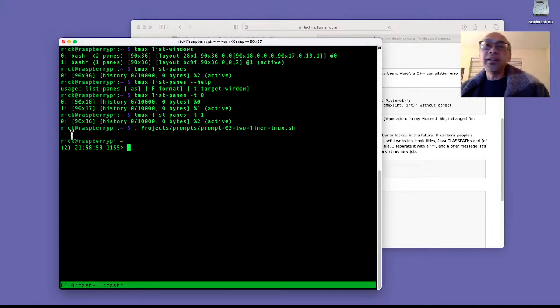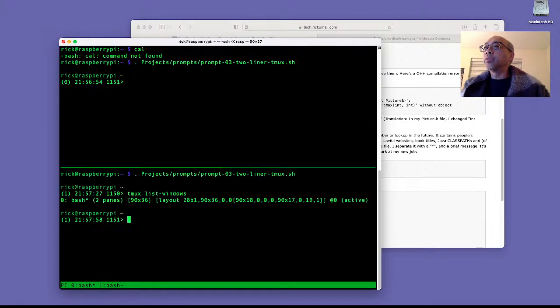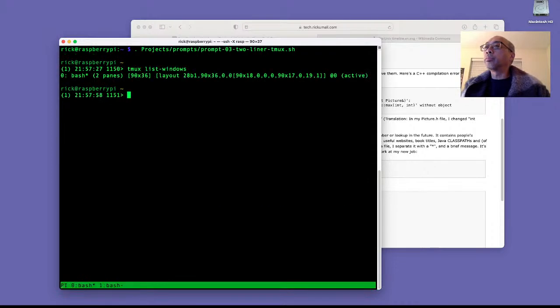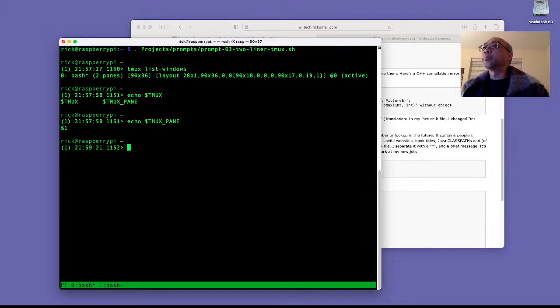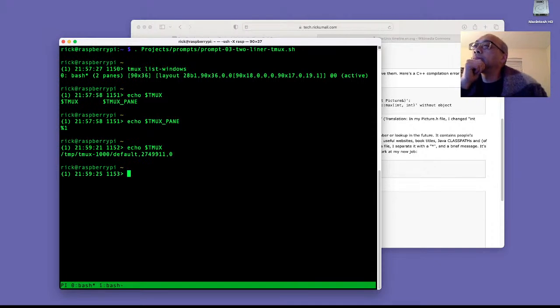Again, the numbering is weird. And if you go back and you exit this one, for example, the prompt remains 1. Like the tmux environment variable is still 1.